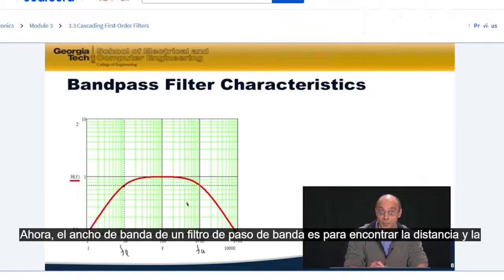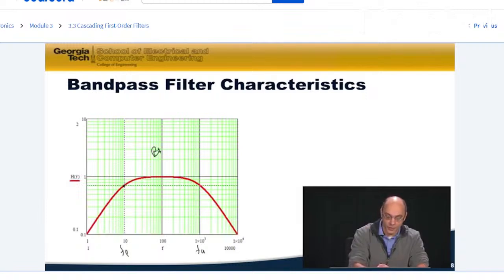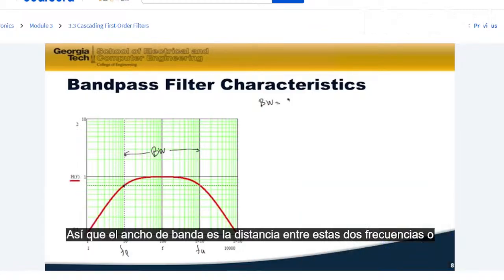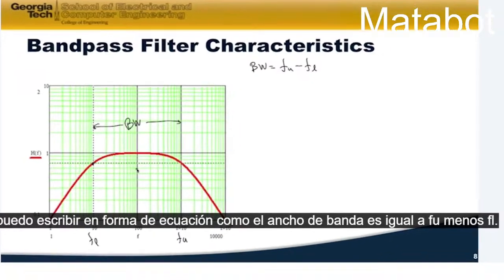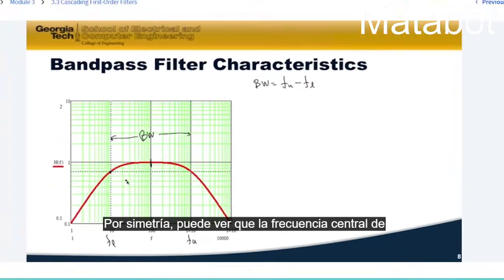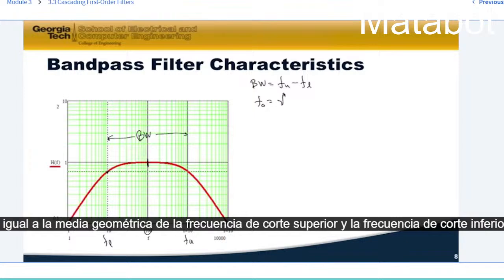Now the bandwidth of a bandpass filter is defined as the distance in frequency between the upper cutoff frequency and the lower cutoff frequency. So bandwidth is the distance between these 2 frequencies, or I can write it in equation form as the bandwidth is equal to Fu minus Fl. Now another frequency associated with the characteristics of a bandpass filter is the center frequency. And by symmetry, you can see that the center frequency for this particular bandpass filter is 100 Hz. And it can be written as F0 is equal to the geometric mean of the upper cutoff frequency and the